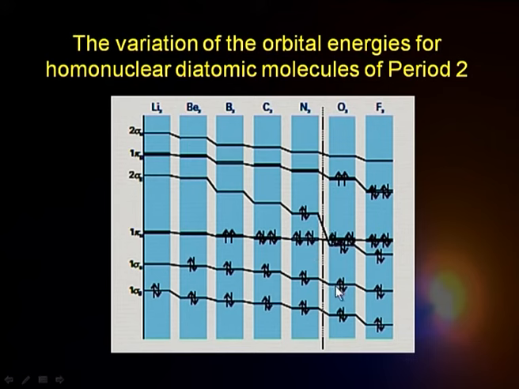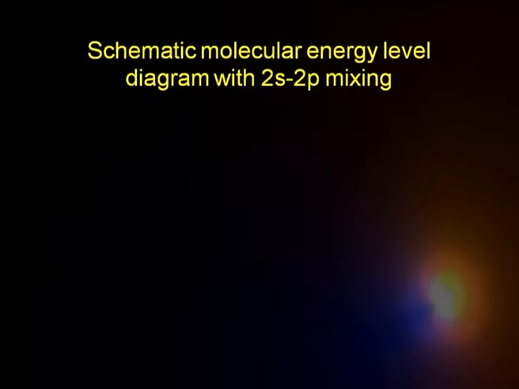What it means is that for these two kinds of molecules, oxygen and fluorine, there is one kind of energy level diagram we can think of, and the filling of electrons is a later part of it. But when I talk about nitrogen, C2, B2, Be2 or Li2, I have to use a different kind of molecular orbital energy level diagram. So essentially, to deal with these period 2 elements, I need two kinds of molecular orbital energy level diagrams. Let us go further a little.